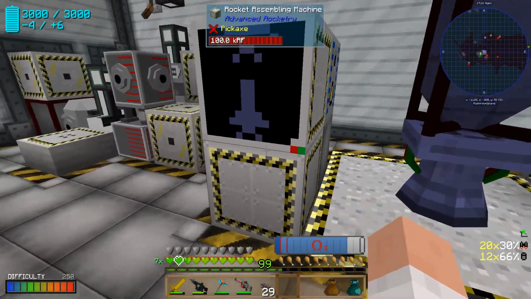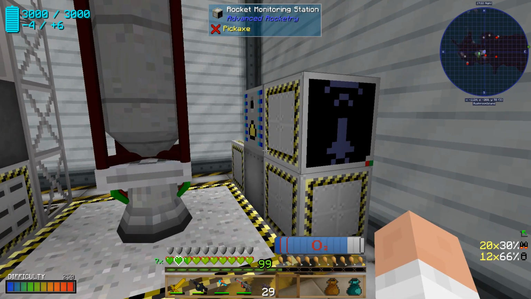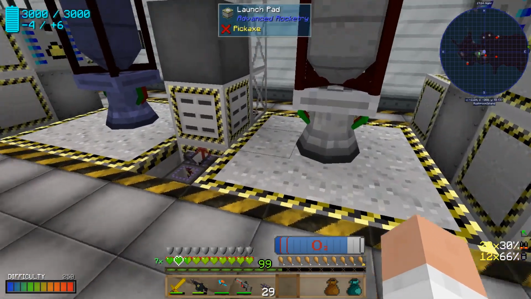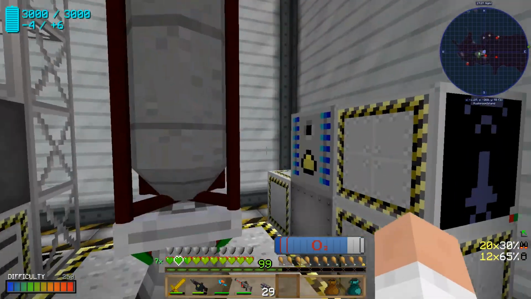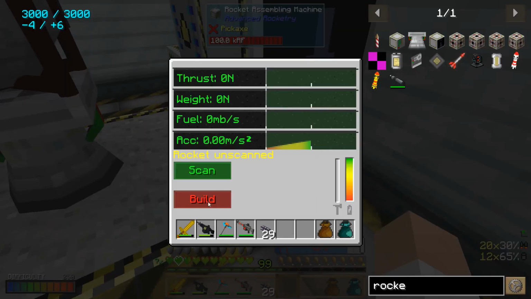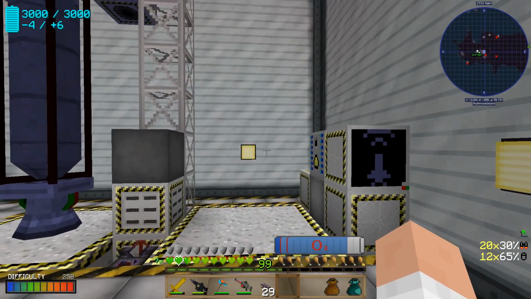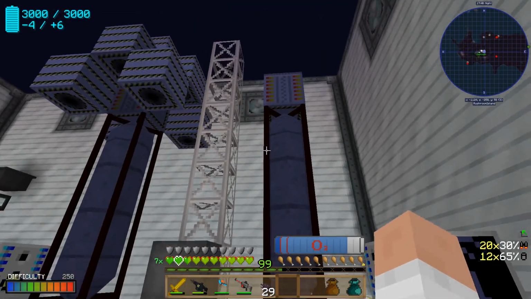Okay, those are easy to make. Yeah. I wonder if they can be linked to the docking pad. Good question. All right, so this is currently our thing which needs to be built. Let's build that. Let's turn that off real quick. We don't want that taken off